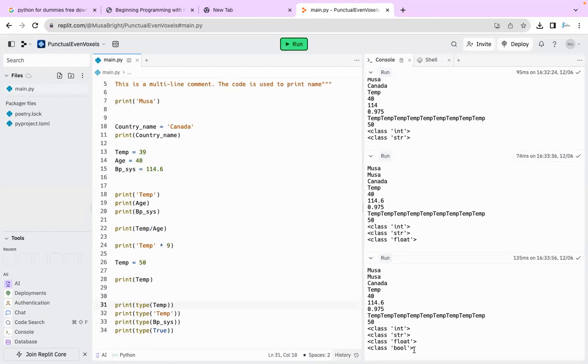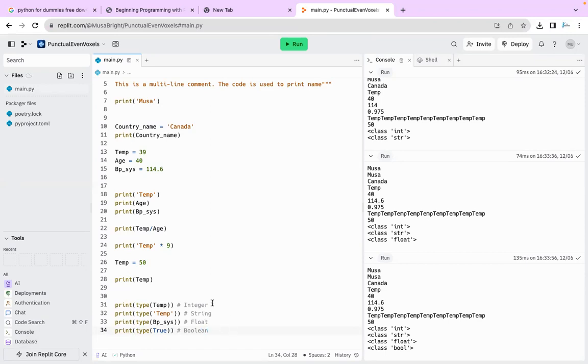The first one is an integer. So this is an integer. I will comment in the front: int means integer. All right. So this one is a string. That's the full meaning of str. So this one is a float. And this one is a boolean. So I think you can see what I wrote, isn't it?